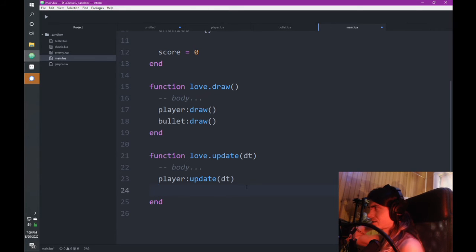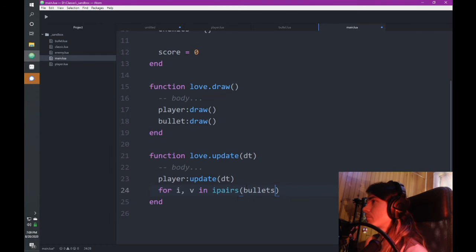So to start, this is maybe the most complicated part of this whole section, but we're gonna take it step by step. So we're gonna say for i, v in, how are we doing on time? In ipairs, it's fine on time. bullets do,